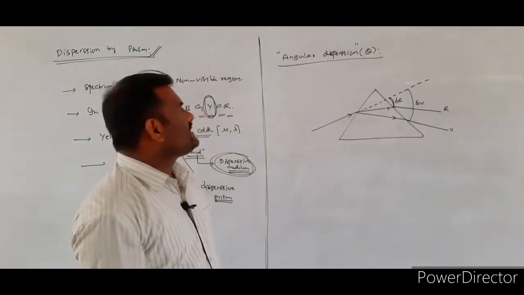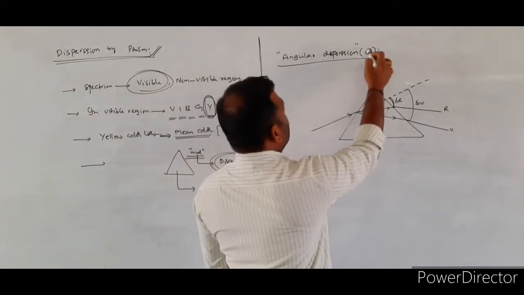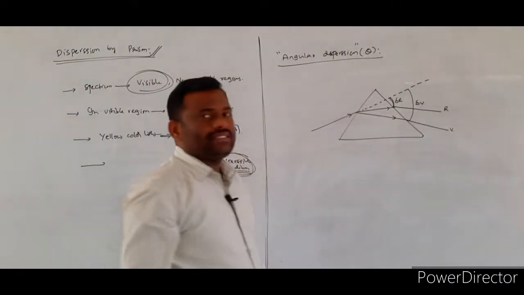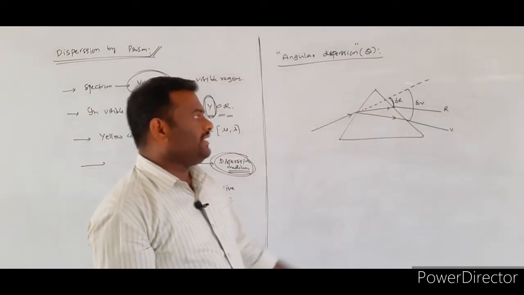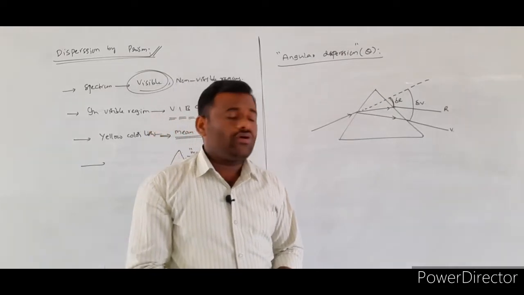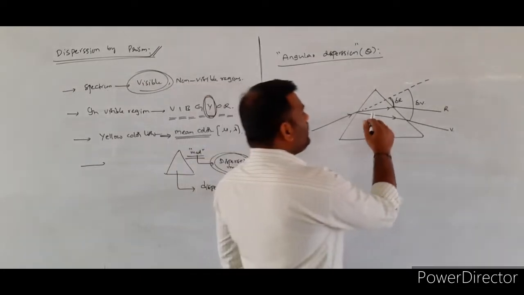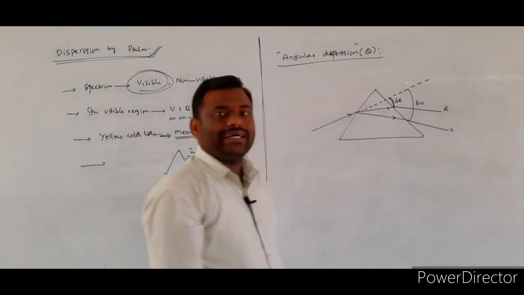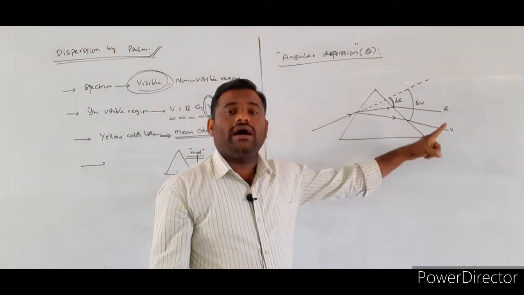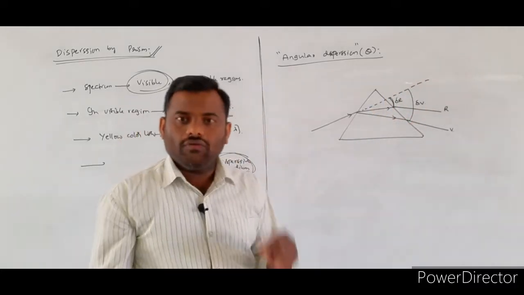So this is about the concept angular dispersion. Angular dispersion is denoted by angle theta. See here, I consider the prism. Over the given prism, if white light is incident, what will happen? Just now we completed that white light will be split into different colors. Such a phenomenon we call dispersion of the light. If you look at the diagram, this dotted line is indicating the actual path of the incident light ray, and delta R will be indicating the angle of deviation of red color, and delta V will be indicating the angle of deviation of the violet color.